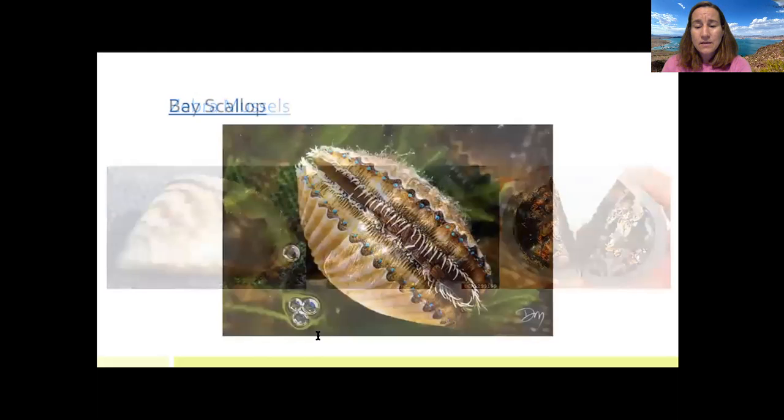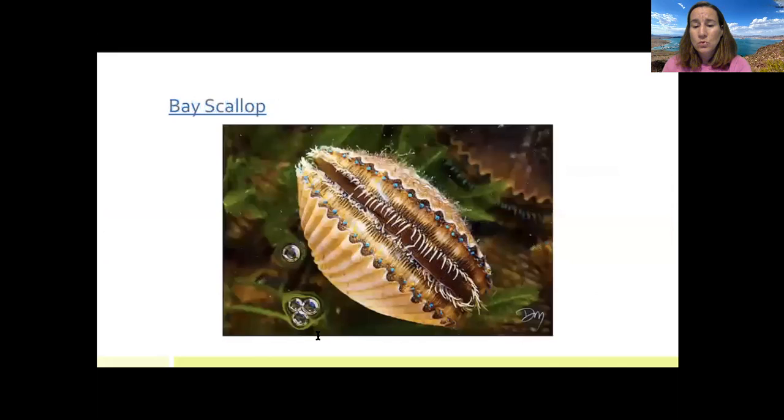One of these guys that is really cool is a scallop. It has these beautiful eyes that you can see here that sense light. And when they sense the light, they sense the predator is creeping over top of me and blocking out the light, so I'm gonna swim away. So these are really cool bay scallops, and the video link up here is just showing you a close-up of the eyeballs on these.